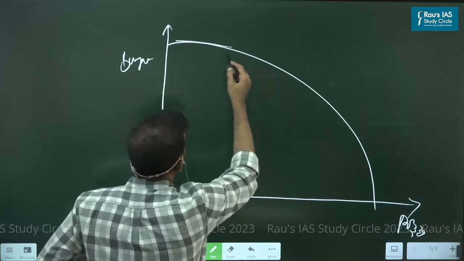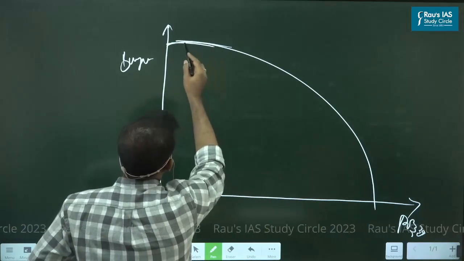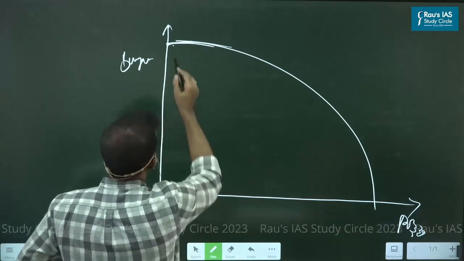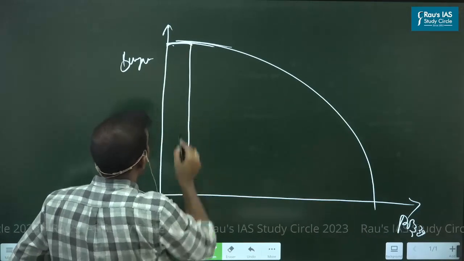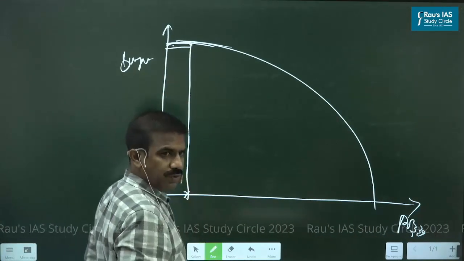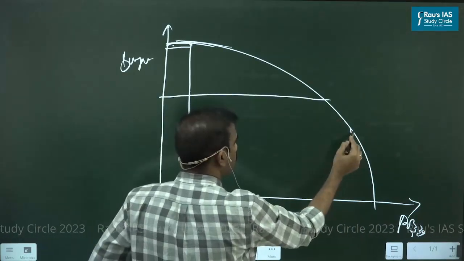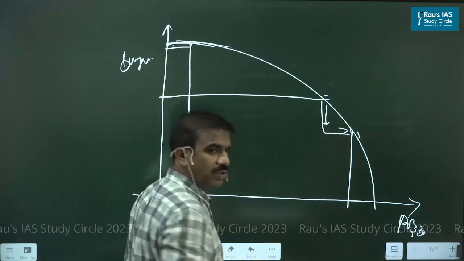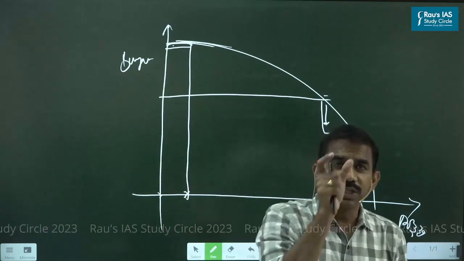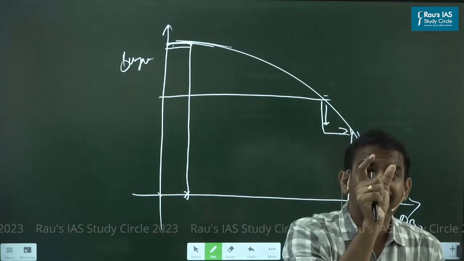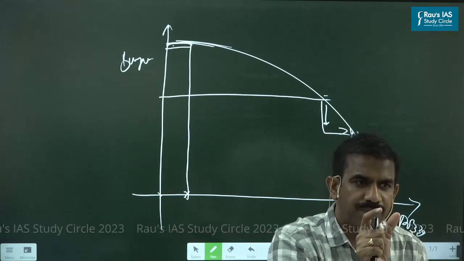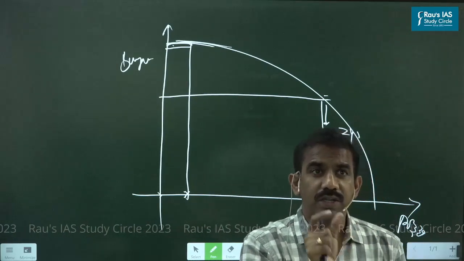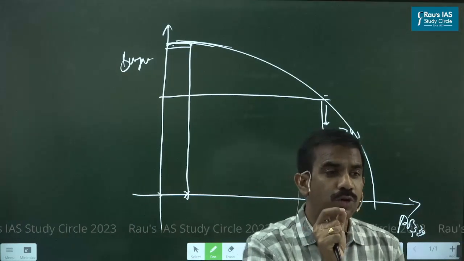So now if you look at here in this case, the curve has relatively less slope. So let's say from this particular point to this point, any further increase in grains would come with a very small amount of guns you forego. But when you look at this particular point to this point, any further rise would result in a great sacrifice of guns. So this is what I mean to say. If I'm trying to quantify the trade-off, I'm calling this an opportunity cost. And what does it say? The cost of something is what you give up to get it.